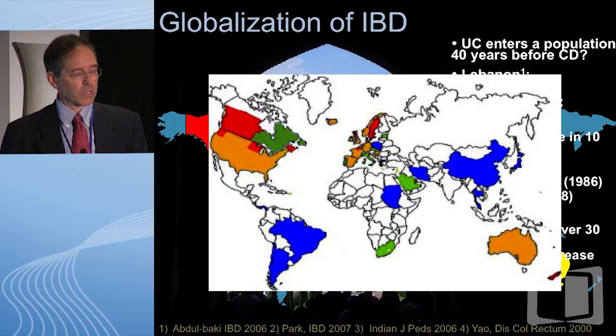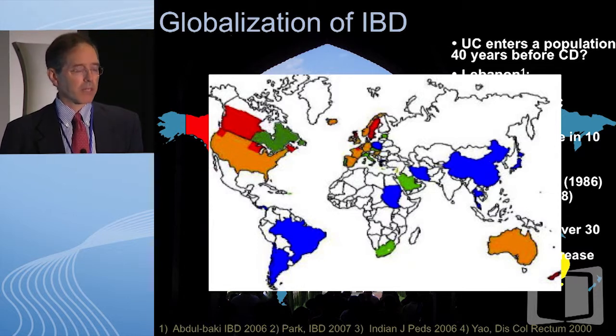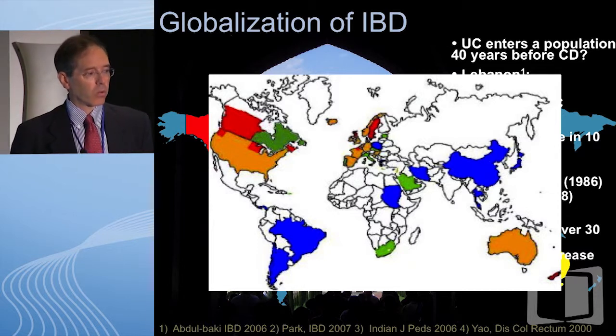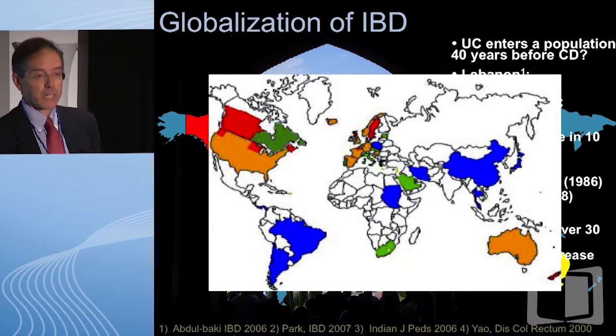So when we look worldwide at what's happening, there's certainly been a globalization of inflammatory bowel disease. So places where IBD was formerly rare, we've seen a whole range, whether it's in the Middle East, Korea, Japan, China, and India. So I've done some work in India trying to understand the rise of inflammatory bowel disease, and so far we haven't seen anything all that striking. Everyone says, well, isn't it just westernization of diet? Well, in about 500 patients that we looked at in India, nobody was on a Western diet.